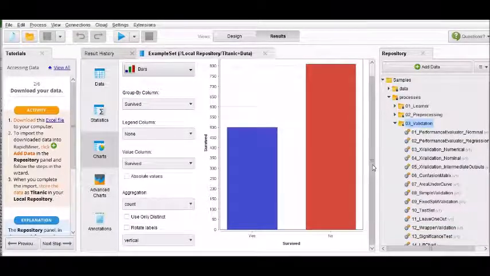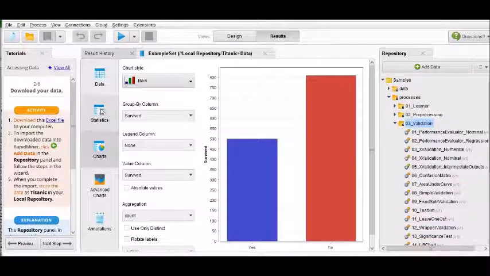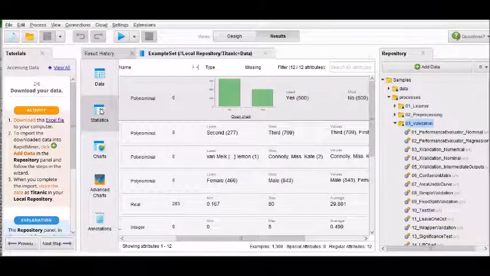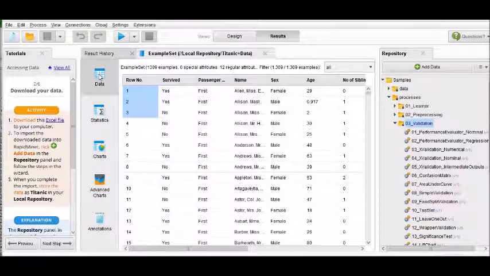It's not just the variables that you have got. So here you can see it gives you the chart, yes, no, survived. That means you have given only the options of yes and no, and then you can open the chart once again and see if you want to make some changes, you can take care of it from here. Then you have got advanced charts and annotations also. If you want, you can use them and you can write and take care of it as per your need.